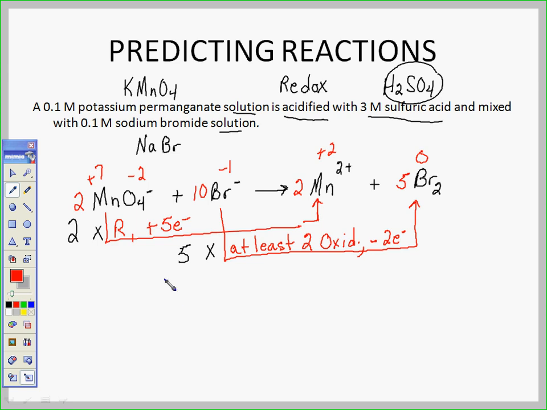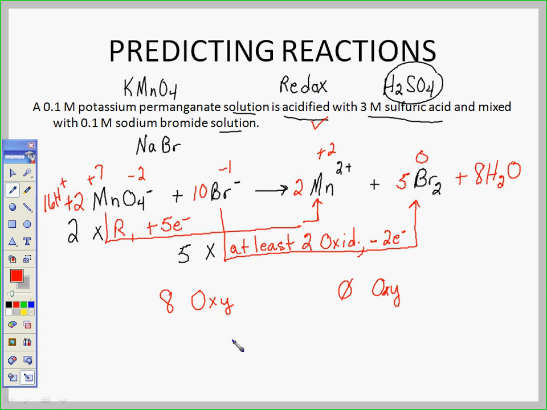Now I need to balance my elements. We balance electrons, charge, and elements. I have 8 oxygens on my reactant side. I have 0 oxygens on my product side. Since it's an acidic solution, I balance oxygens with an equal number of waters. So I'm deficient 8, so I'm going to add 8 waters. And then there's plenty H plus around in an acidified solution, and I'll balance my hydrogens by adding 16 H